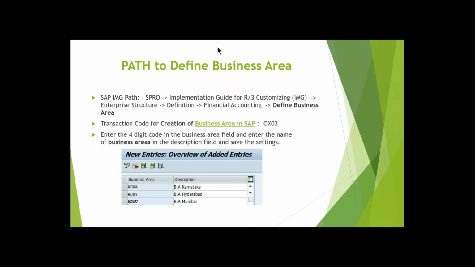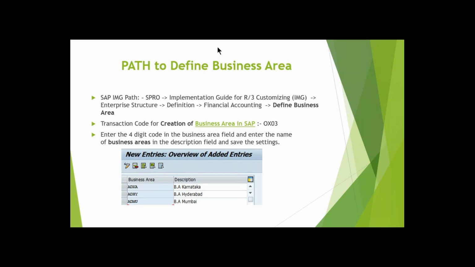So in the different states, I'll create one business area by naming it. The business area name can be anything. It's not that you should represent only states; you can also represent cities. Even within Karnataka itself, I can bifurcate the cities, like Bangalore and Mysore.